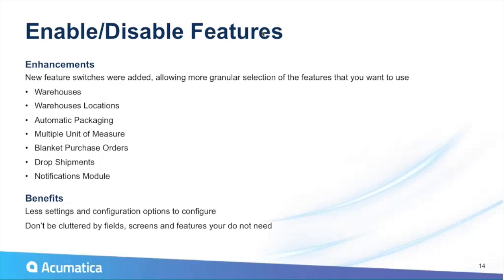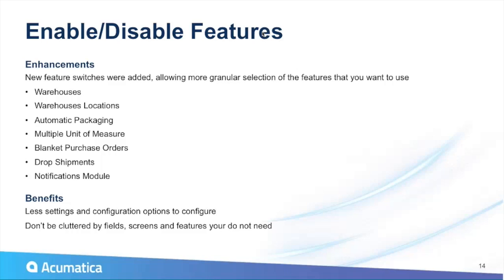Same for warehouses. We have many customers that only have a single warehouse. So even if you only set up one warehouse today in Acumatica, you still need to select it whenever you create a shipment, and you have this warehouse ID column everywhere in the system. So if you only have one warehouse, just don't enable this feature, and the user interface will be far easier